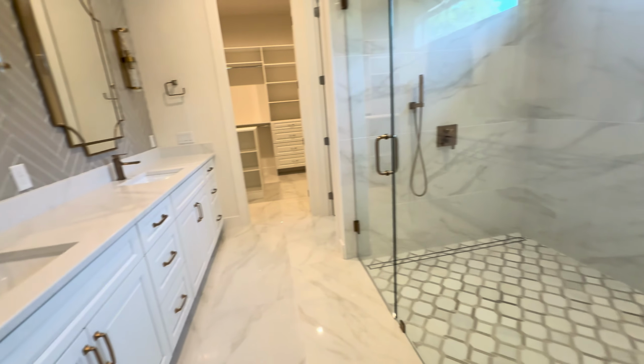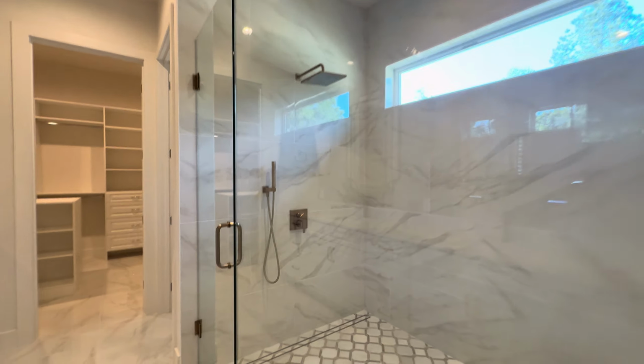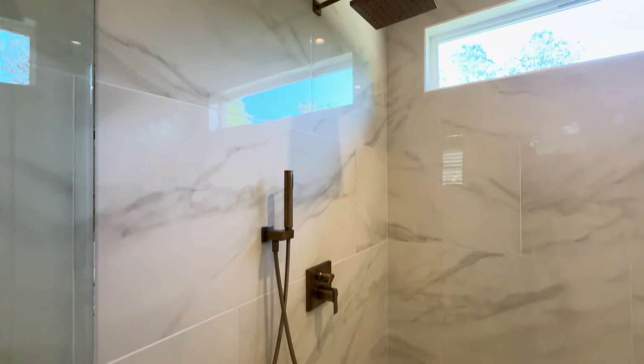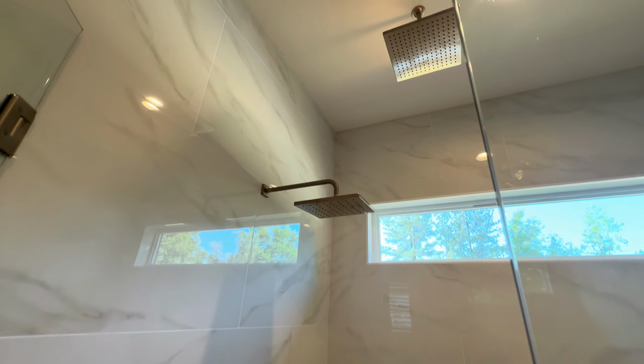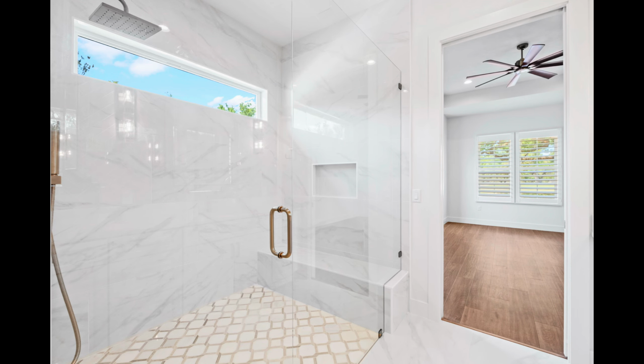And then, also in this primary bath, we have a really extra large shower that turned out great. We used large format tiles on the walls, and then on the floor we did this decorative pattern tile with a linear drain, which is what I'm doing on most of my homes nowadays, the linear shower drains, just for a cleaner look, and gives us the opportunity to use larger tiles. So definitely excited with the way this turned out as well. Very traditional look, while still minimizing grout lines, and we're able to give my clients a really good look here